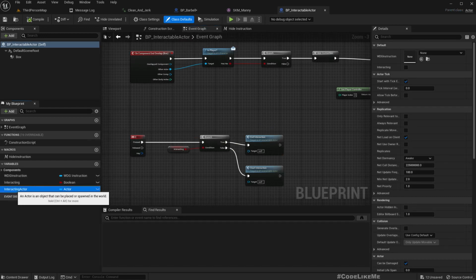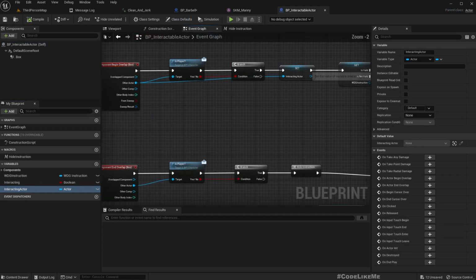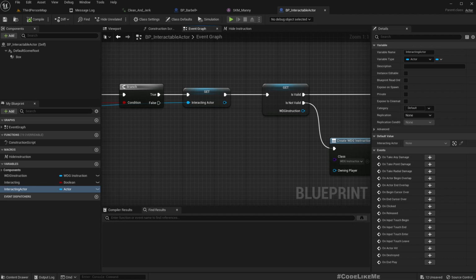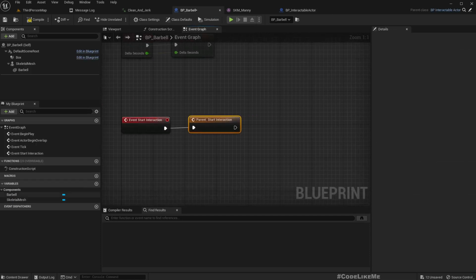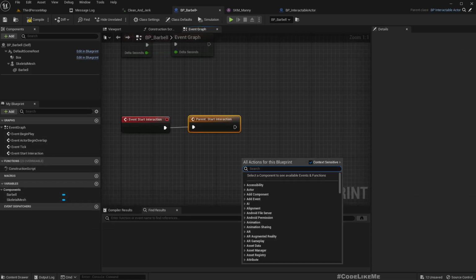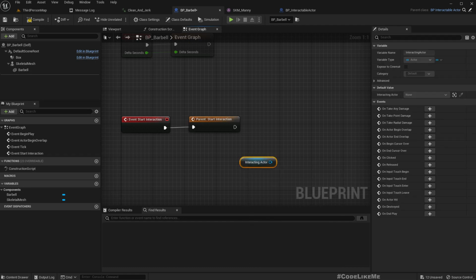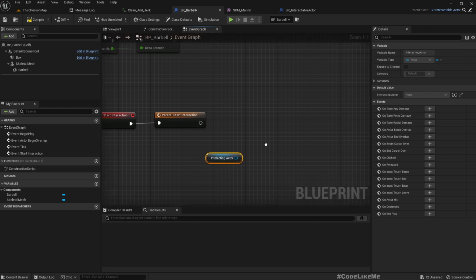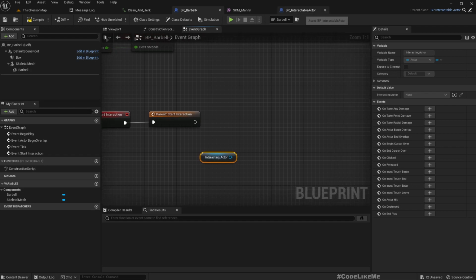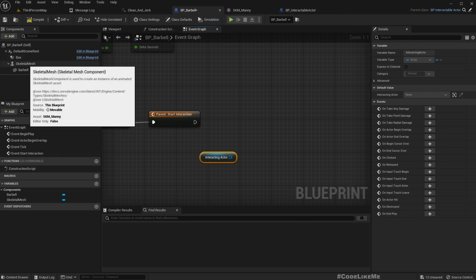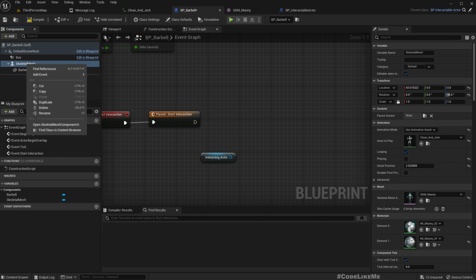And here we do set this interacting actor, so we can access get interacting actor. So to represent the location that the character needs to move in order to lift the barbell, well, actually that's this skeletal mesh location. So